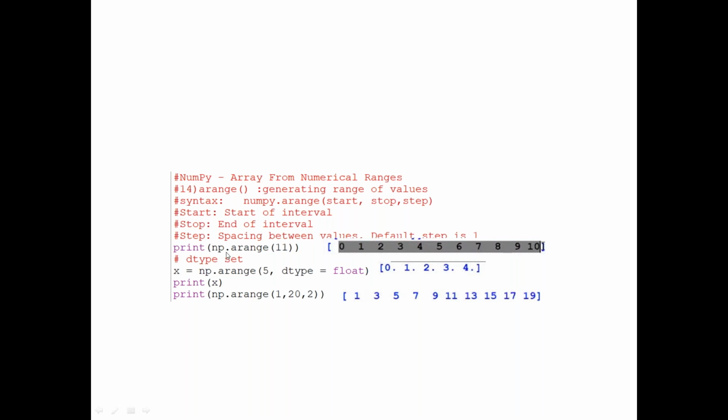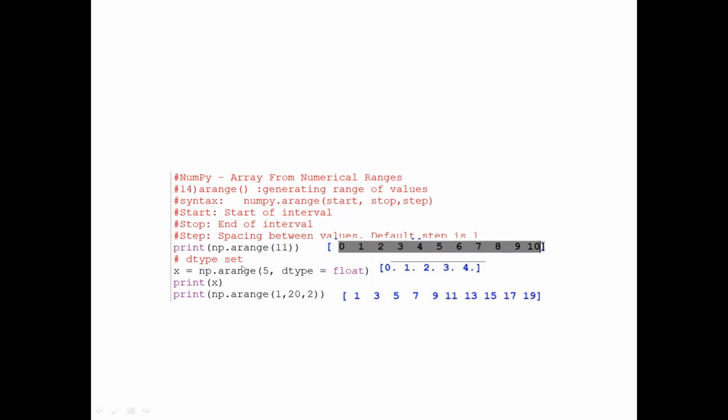Here I just mentioned np.arange(11), so the system considers 11 as the ending number, the stop number. What about start? By default start is going to be 0 if you're not mentioning anything, and step by default is 1. So 0 to n minus 1, nothing but 11 minus 1, 10, is generated. Are you getting this?